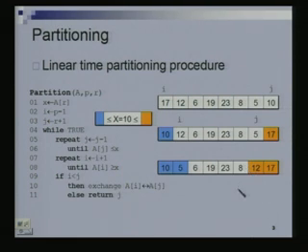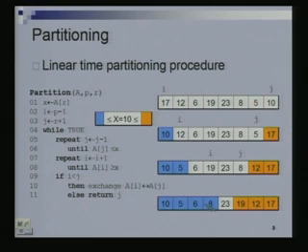So j will keep moving till I find something which is smaller than 10. Actually I found immediately one which is smaller than 10 at this location, and i will keep moving till I find an element which is larger than 10. This is not larger, so I will end up at this location 19, and I will once again swap 8 and 19. I swap 8 and 19 and I get this. This is already smaller, so this is also marked blue. Now j would continue decrementing till I find something which is smaller than 10. j is searching for something which is smaller than 10.